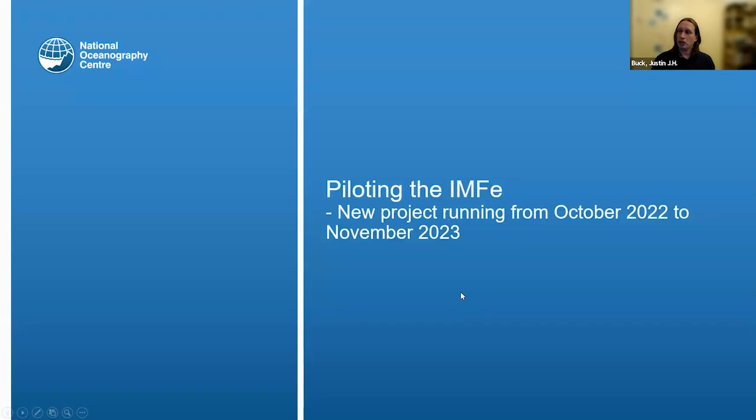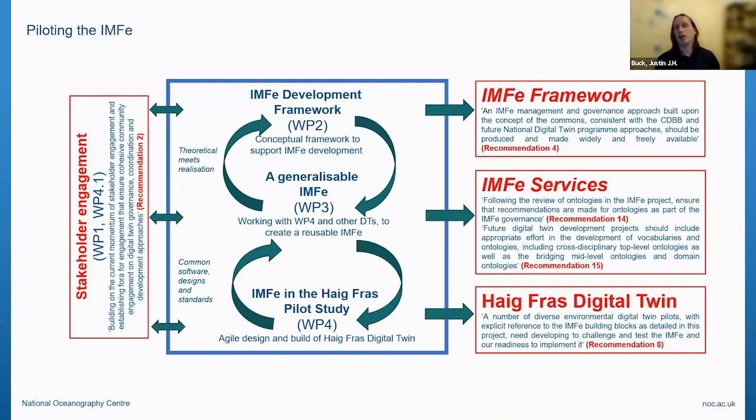The second project, which started last October, was actually a pilot project. On the pilot project, we've effectively got a structure where in the center, we're doing a new iteration of the development framework. We're using the Hague-FRAS pilot study, which I'll cover in the next slide. And we're going to be combining what comes out of Hague-FRAS with the work by British Antarctic Survey and others to generalize those components and produce a generalizable information management framework. We've got stakeholder engagement from senior stakeholders through to users and potentially communities of practice. And our main output is going to be a revised framework,